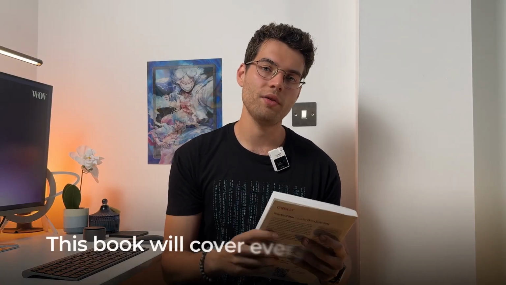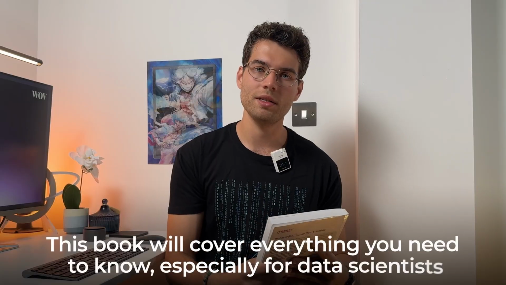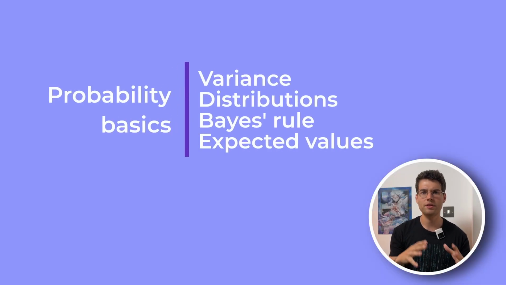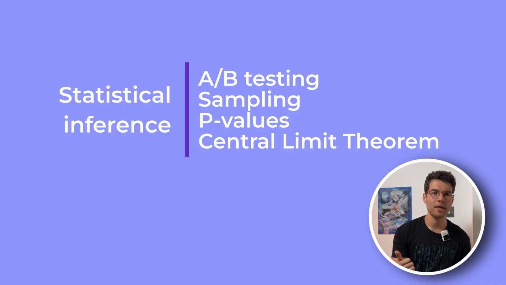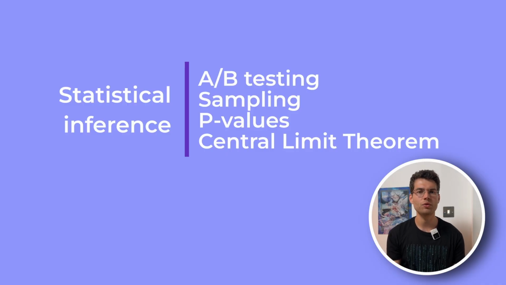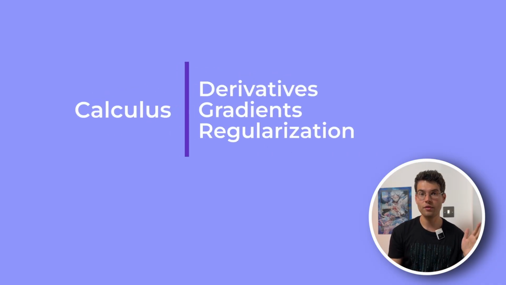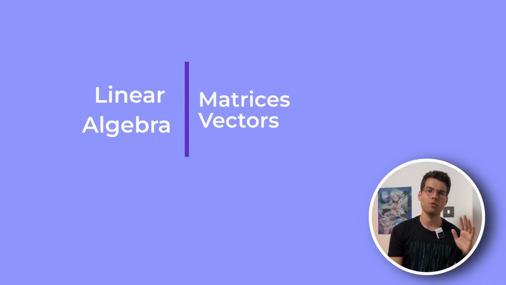I hope I pronounced the names properly. But this book will cover everything you need to know, especially for data scientists, because there is a limitless amount of information in mathematics and statistics. But the ones that you should consider are probability basics, such as variance, distributions, Bayes rule, expected values, all these basic things. Then statistical inference, such as A/B testing, sampling, p-values, central limit theorem, all these basic things of statistical inference. Then you can jump into calculus, where you can look into derivatives, gradients, regularization, and linear algebra, everything related to matrices